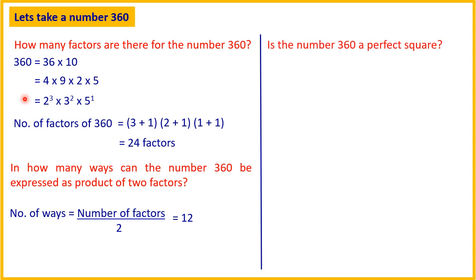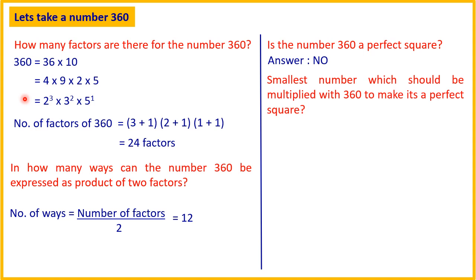My next question is, is the number 360 a perfect square? Well, the clear-cut answer for this question is no. 360 is not a perfect square. उसका square root एक integer नहीं रहेगा. So my next question is, what is the smallest number that should be multiplied with 360 to make it a